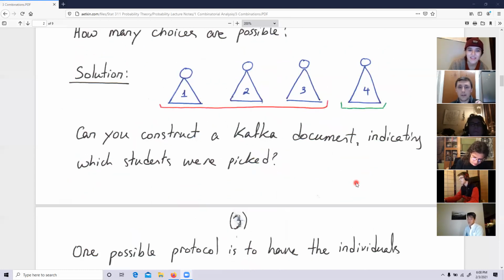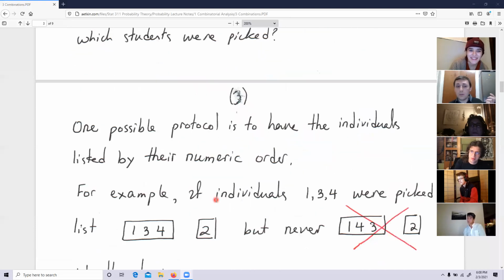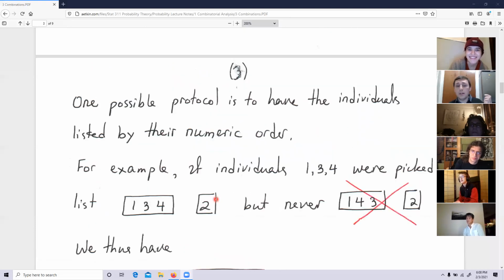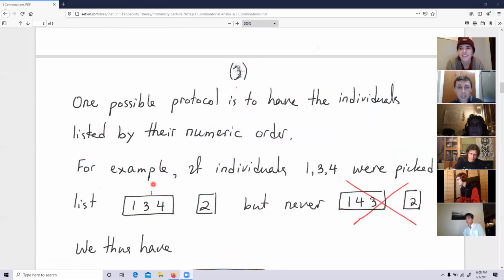So we can have a Kafka document indicating just the one person that was left behind. Just one number is enough to indicate, okay? But we can have another Kafka document, you see? And this is going to be the other Kafka document we will be using. So you will have a document indicating the individuals that were chosen and the individual separately that was not picked,